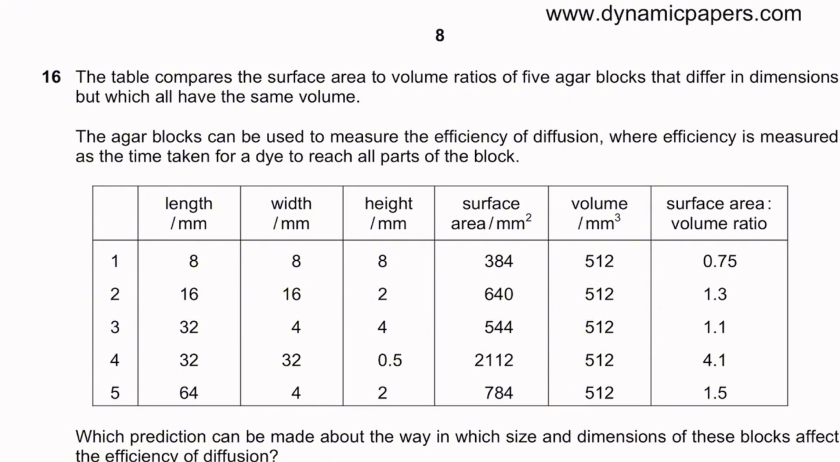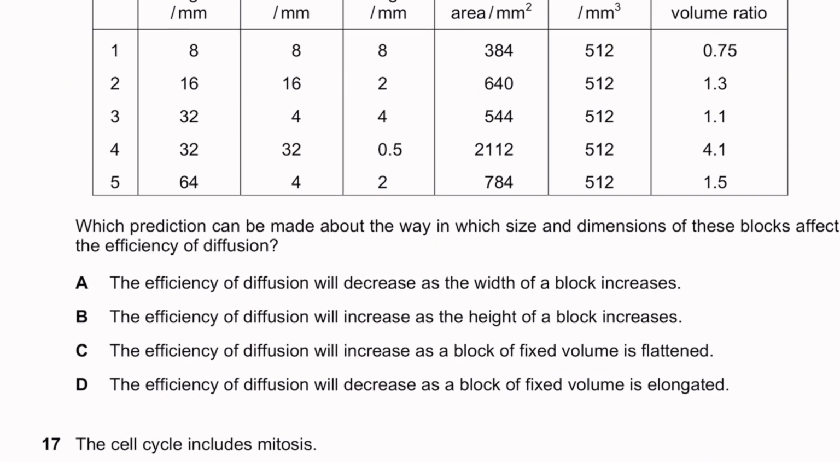in dimensions but which all have the same volume. The agar blocks can be used to measure the efficiency of diffusion, where efficiency is measured as the time taken for a dye to reach all parts of the block: the length, the width, the height, the surface area, the volume, and the surface area to volume ratio. And he said here, which prediction can be made about the way in which size and dimensions of these blocks